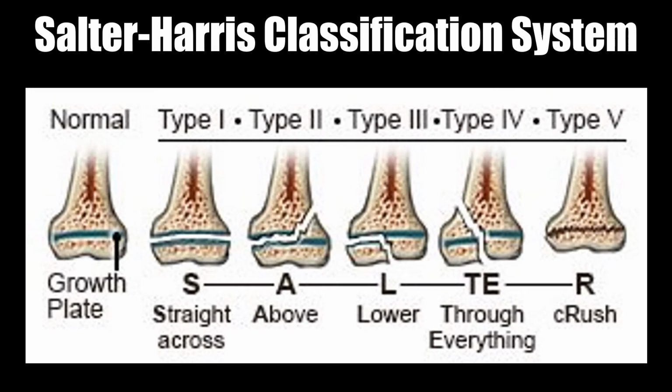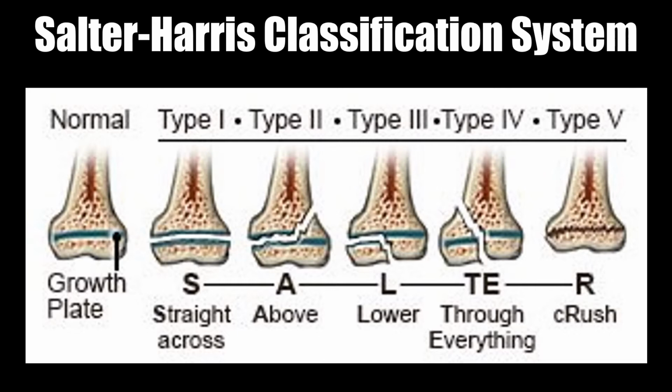And here is our mnemonic, our Salter-Harris classification. On the left-hand side of your screen, you see a normal bone with a normal growth plate, no fracture whatsoever. And then there's type 1. Type 1 is the acronym S, meaning straight across. The fracture actually happened straight across the growth plate. Type 2 is above the growth plate, and that is in the meta area, right? So here's the meta